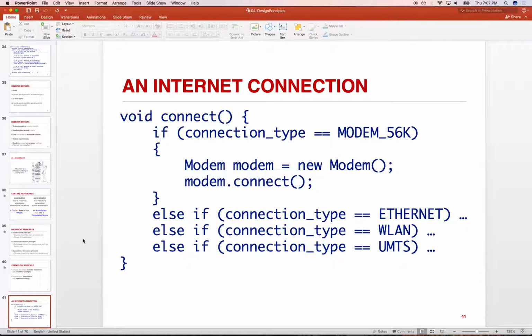You want to connect, and there are actually different types of connections, but they're all connections. It could be through an Ethernet or WAN, LAN or modem and whatnot. And wouldn't it be great if, instead of having this if-else spread all over the place, copied and pasted everywhere, where we have connect, close, write, read,